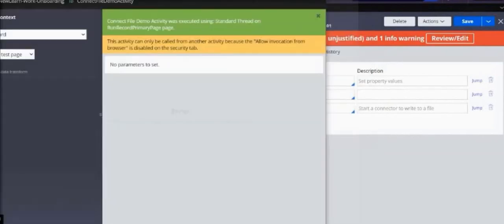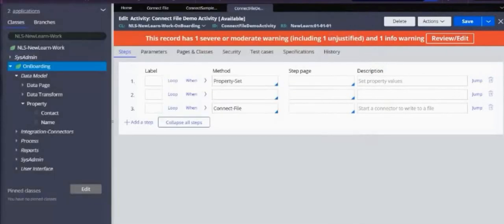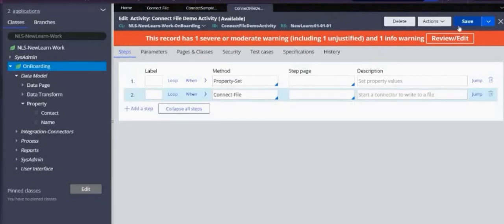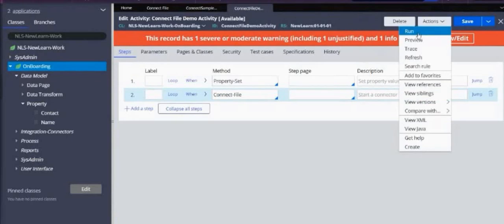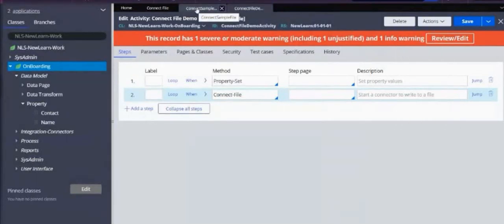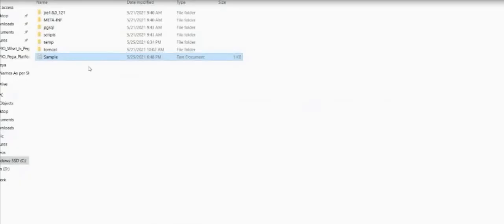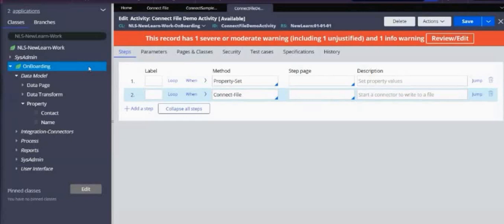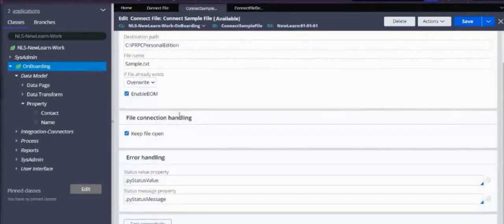So what we have to do is go to the connect file rule, and in that we have to see, it's already open, that's why it is not showing. So we'll make this disabled and save this.